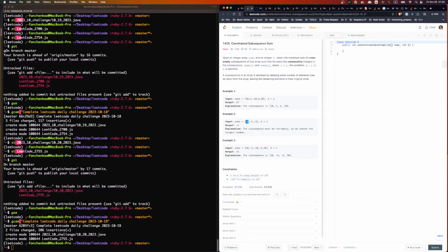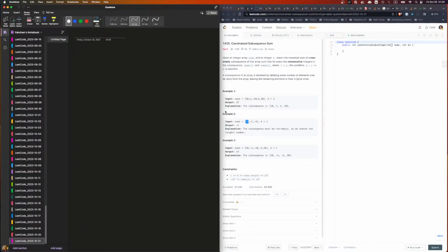Wait, hold a second. This one seems familiar. I've done this before, didn't I? It feels familiar to me. But anyway, familiar or not, I'll have to redo this from scratch. I'd like to try the last example. All right, it's 10, minus 2, minus 10, minus 5 and a 20. Okay, so